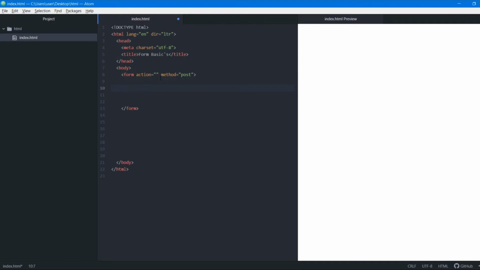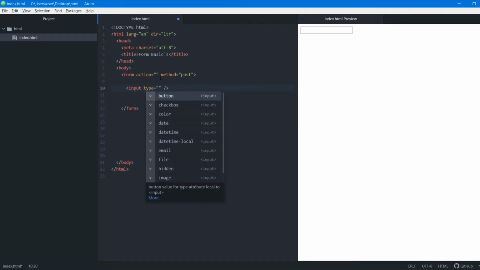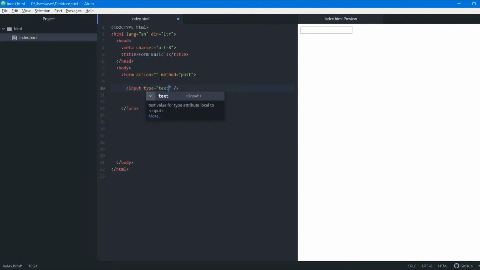Now let's say I want a normal text box where I can input my username or my name. How do we create that? We can do that by using the input tag. We'll open up an input tag and close it. Input is a self-closing tag, which means we don't need any other tag. There are a number of attributes for the input tag, but there are three common attributes that we're always going to use in every input tag. The first is the type attribute. Suppose I have to enter my name, so I'll select the text option.